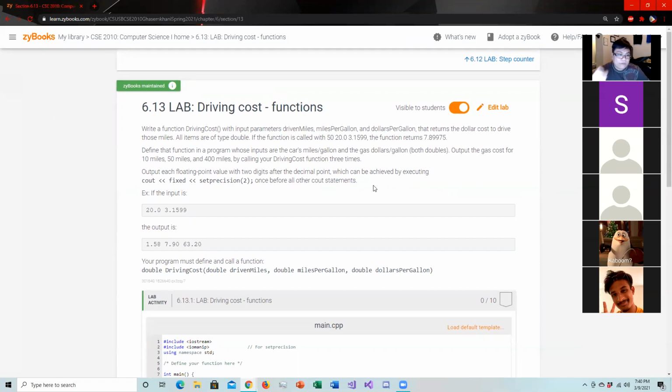This one says, write a function driving cost with input parameters driven miles, miles per gallon, and dollars per gallon, right? That returns a dollar cost to drive those miles. All items are of type double. So this is a double, this is a double, this is a double, and the thing that we're going to return is a double as well. So if the function is called with 50 as the driven miles, 20 as the miles per gallon, and then 3.1599 is the dollars per gallon,